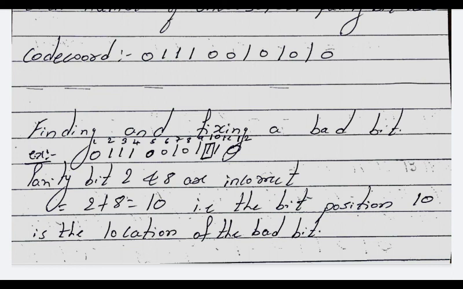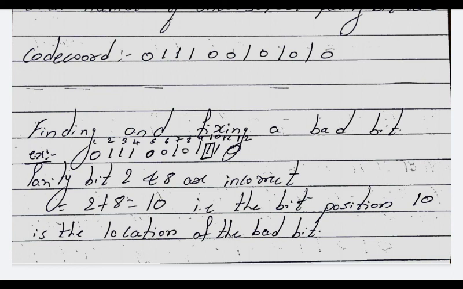Now whatever parity bit positions you have identified as incorrect, you write them down and then add them. Here you have identified that parity bits 2 and 8 are incorrect. I have written 2 plus 8 is equal to 10. So what is the 10? 10 is the result, and it represents that an error has occurred in bit position 10. You just see it here, I have marked it with a box. So in position 10, the error has occurred, that is, the bit has been changed.